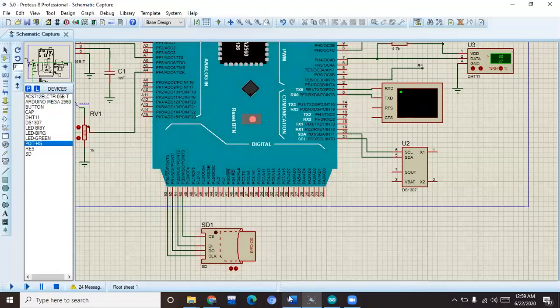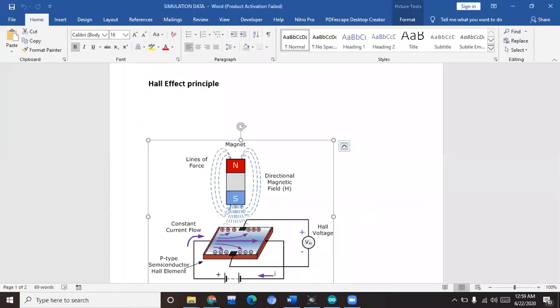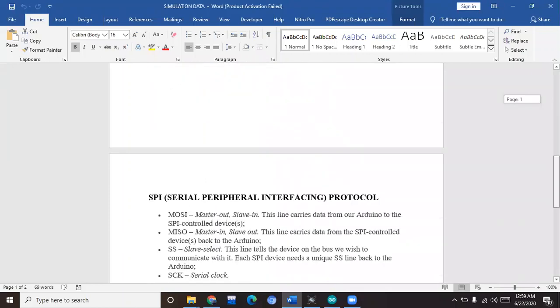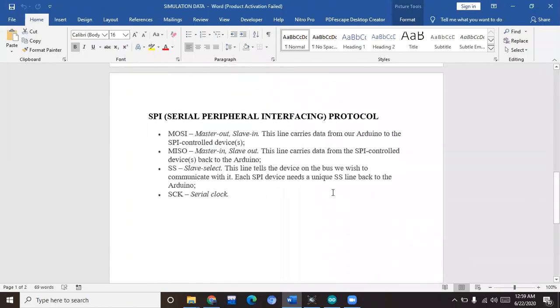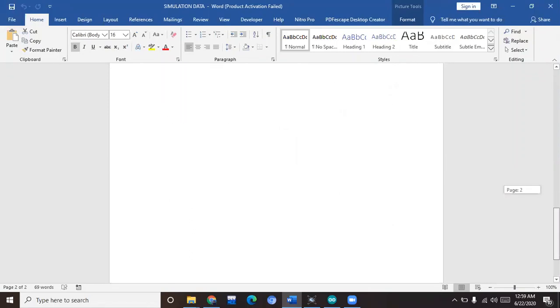If I can just show you the meaning, I saved it here. Yeah, you will see it. MOSI, this line carries data from our Arduino to the SPI control device, and that I have just told you. SCK is a serial clock that produces a continuous signal on which output data transfers.